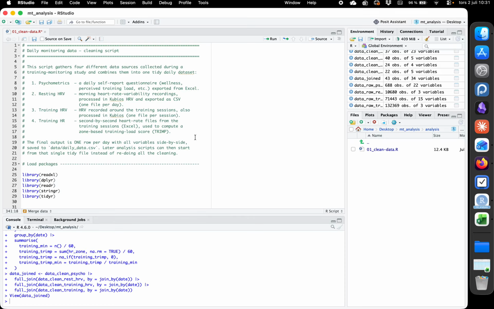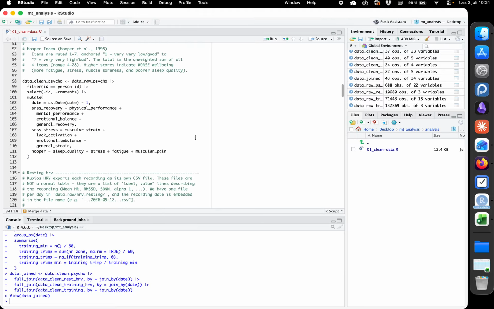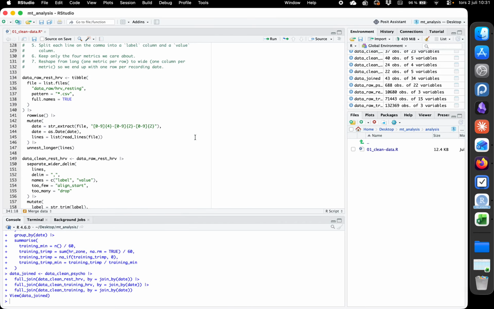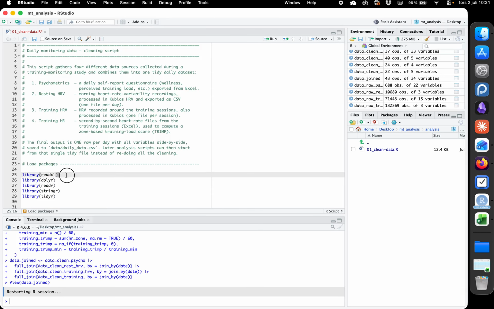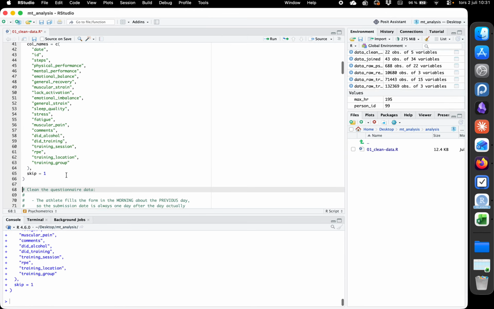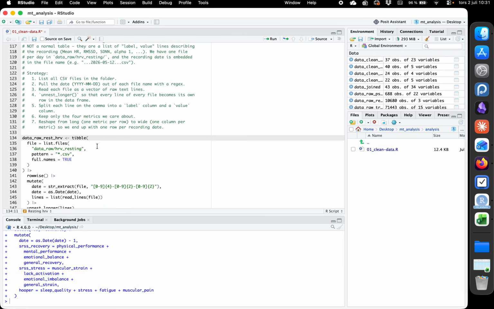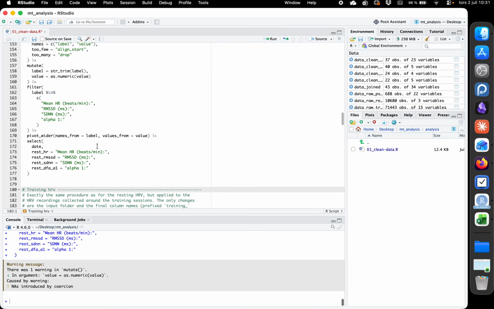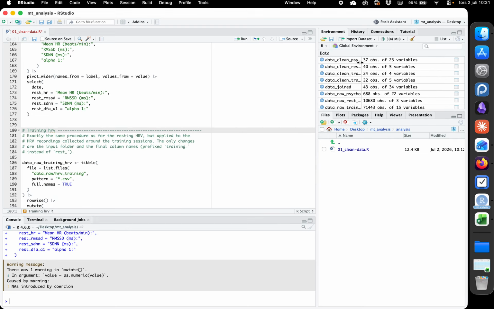Okay, next thing we're gonna look at is a little bit of a look at the HRV data, same as before. So if we just start from the top, we run everything, the psychometric data we fixed, and now we have the resting HRV, which we looked at last week, and then we have the cleaning of the HRV data, and then we can just look at data clean,